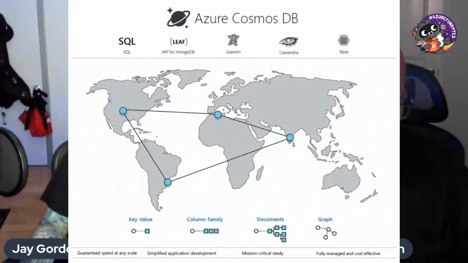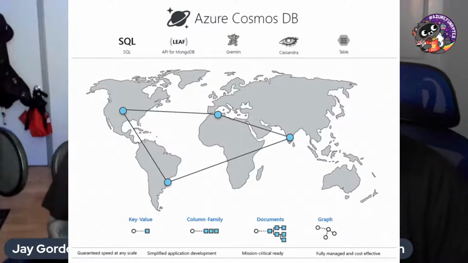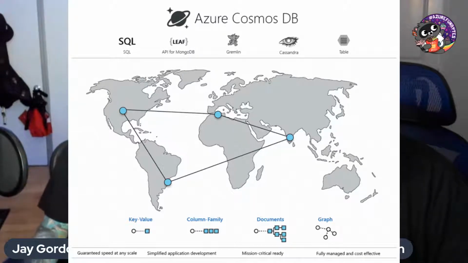Over there at the bottom, we've got our different actual data types, like key value, which is almost the most simple when you're thinking about document style, or JSON, if you will. Key value is kind of the base of JSON. Column family, documents end up being huge because you can put so many different types of unstructured data and then index on all of it. And then graph, which is really tremendous for doing analysis and getting a big visualization of what things are. Yeah, for relationships, right? That's what graph excels at.